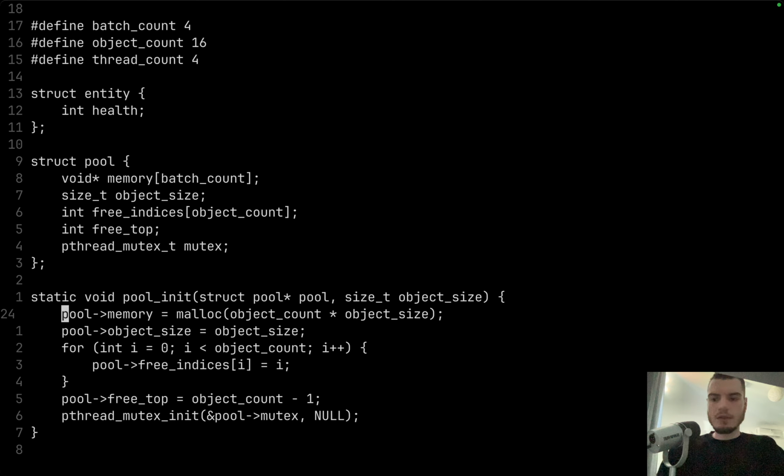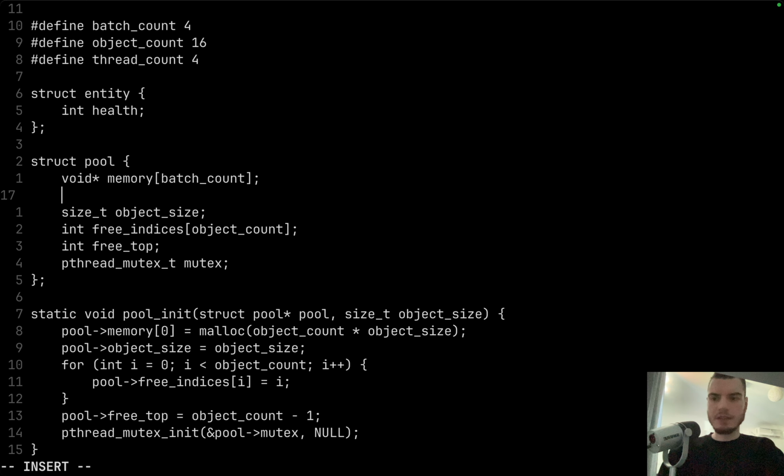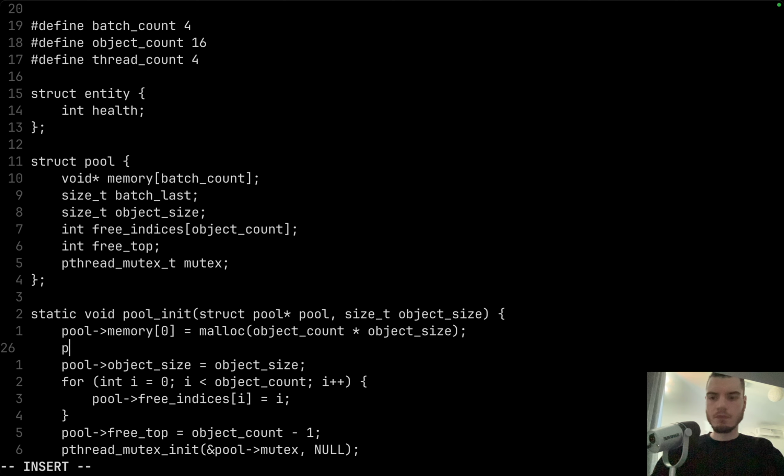And for now, we're just going to set the first element. And we need another variable in here that keeps track of which batch we are currently using. I think I'm going to create another variable in here that's batch last, maybe. And this batch last variable is just going to keep track of how many batches we have allocated,